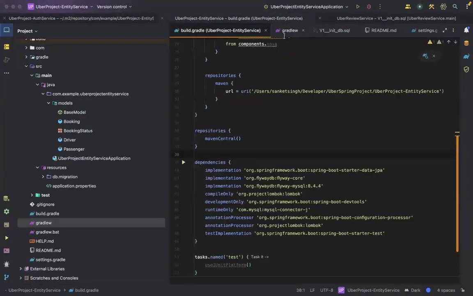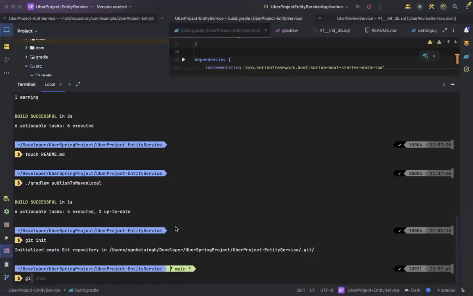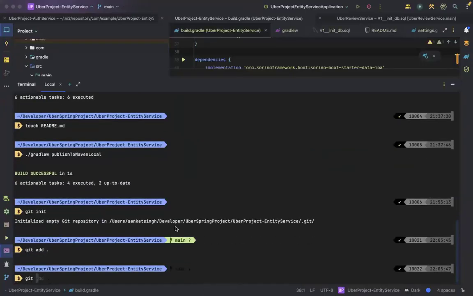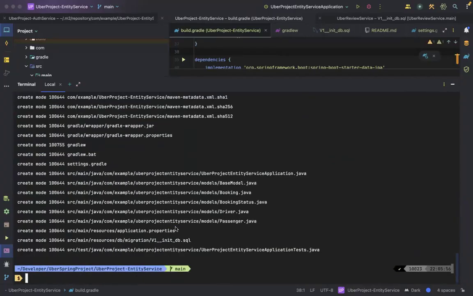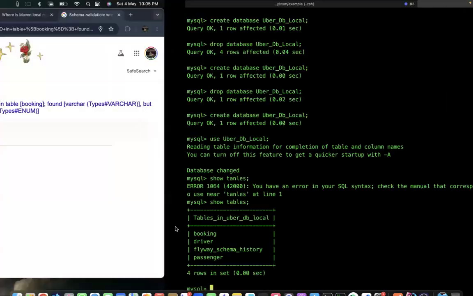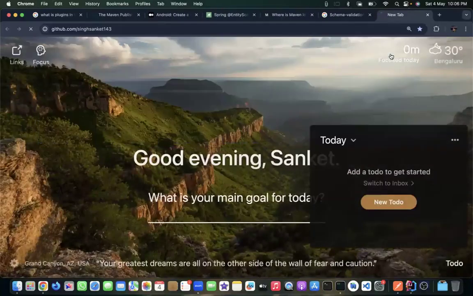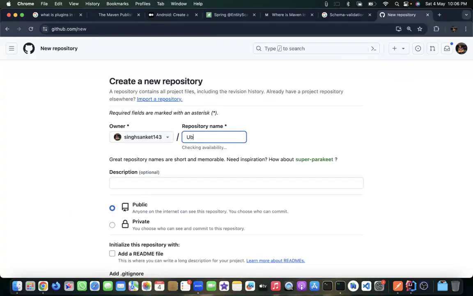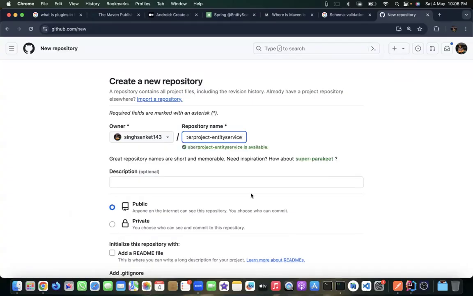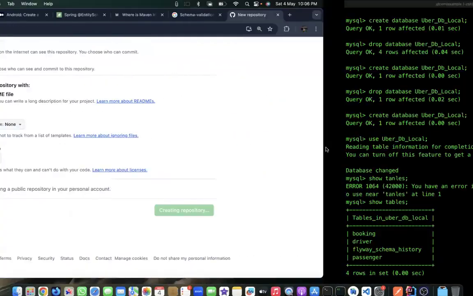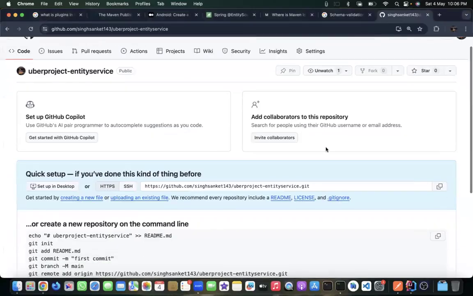Got it, everyone? So I'll push this entity service: git init, git add all, git commit -m, added common entity service. Uber project entity service. And if you see, there are no APIs or anything, just FYI. That's why the server runs, builds, and then shuts down, because we don't